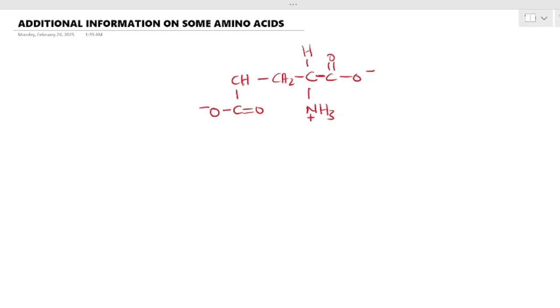Of course, your normal glutamate will have C double bond O minus. You get that? So you have three carboxyl groups attached here, but this is your normal carboxyl group in your amino acid structure,